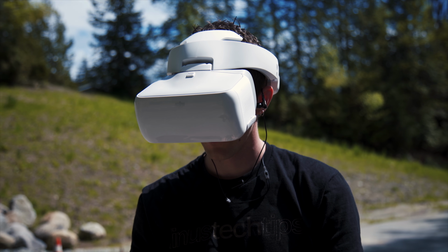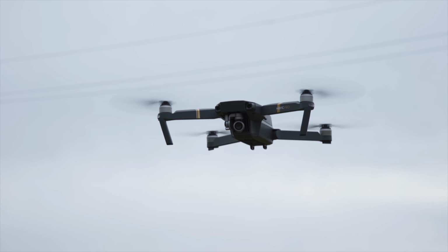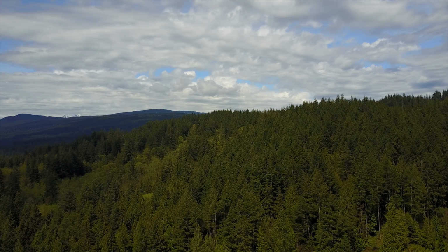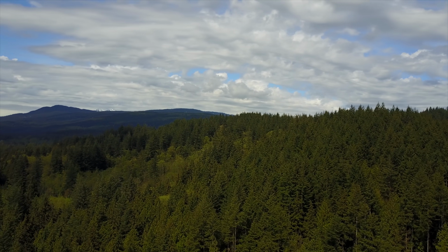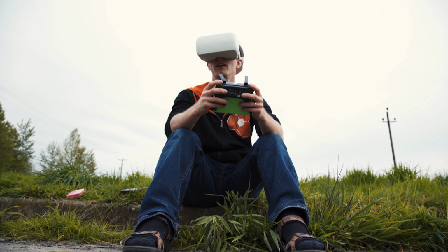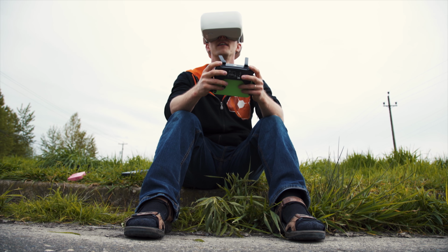So I spent most of my time in the mode that moves the camera gimbal according to your head position, and the new fixed wing mode that kind of flies where you look, like a head-steered airplane would. And if you're an aerial sightseer who has never done FPV before, like me, you are going to be absolutely blown away. The latency on the connection, while not low enough to keep me from getting a little nauseated if I stood up or tried to move around while I'm flying, made the controls super intuitive to use,